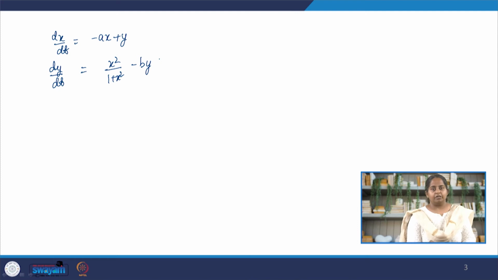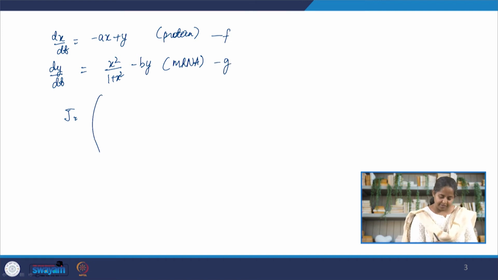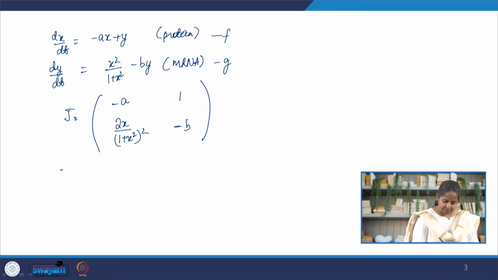So this is our original biochemical switch model between the mRNA levels and the protein levels. And we are going to find the Jacobian now. Very simple for Jacobian: you have two equations, so you'll have a 2 by 2 matrix. Okay, so this is our Jacobian. We know that one fixed point is 0, 0. So the Jacobian at 0, 0 turns out to be